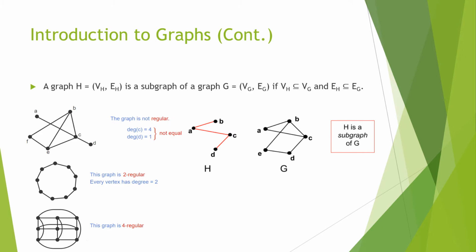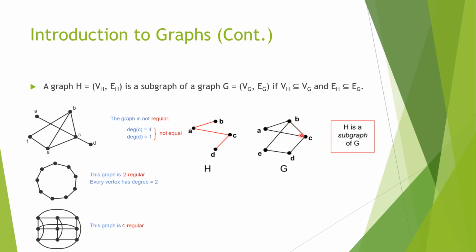Also, we define a subgraph for a graph in the following way. We say a graph like H with the vertex set VH and edge set EH is a subgraph of graph G with the vertex set VG and edge set EG if the vertex set of H is a subset of the vertex set of G and the edge set of H is a subset of the edge set of G. So if G is this graph, by removing the vertex E from this graph and removing the edge between E and B and E and D